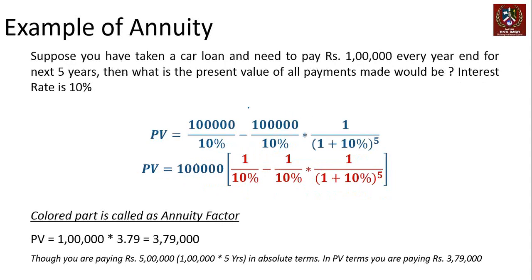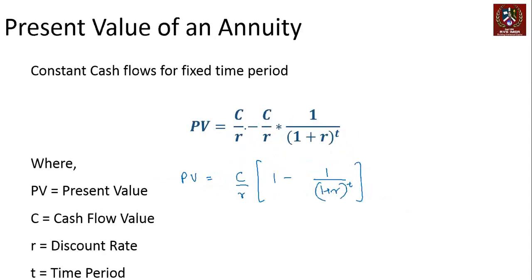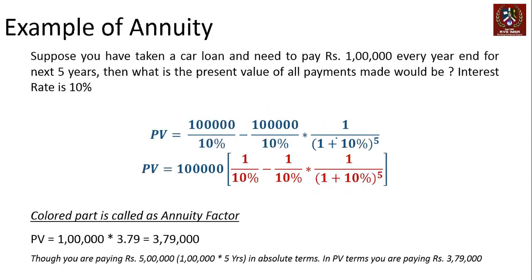So in our equation, remember the formula that was C by R, which is 1 lakh by 10% minus 1 lakh by 10% into 1 by 1 plus 10% to the power T, right? That's what we had seen. That's what we calculate. We take this value outside, which is the cash flow of 1 lakh, and 1 by 10% minus 1 by 10% into 1 by 1 plus 10% raised to the power 5. This colored part is known as the annuity